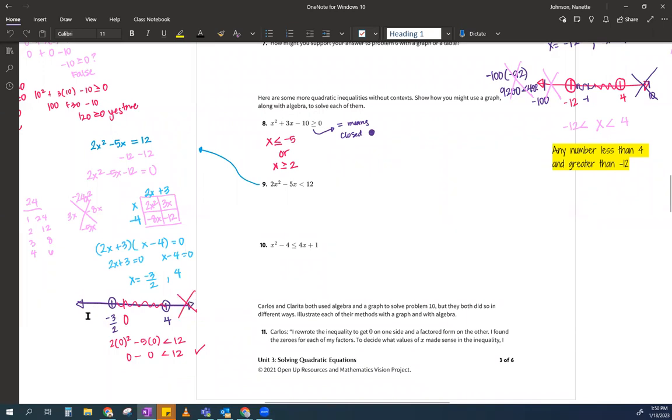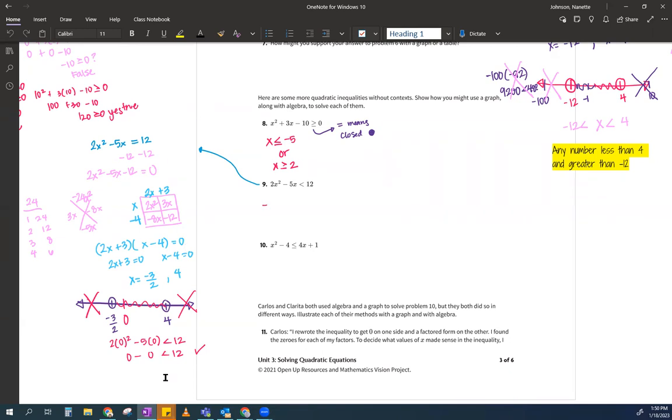And then I check negative 10. So that's negative 10 squared is 100 times 2 is 200. Then negative 5 times negative 10 plus 50. So 250 is not, no, that's not it either. So my answer, now you tell me, is this one section or two sections? Yeah, it's one section. So then my answer looks like this: